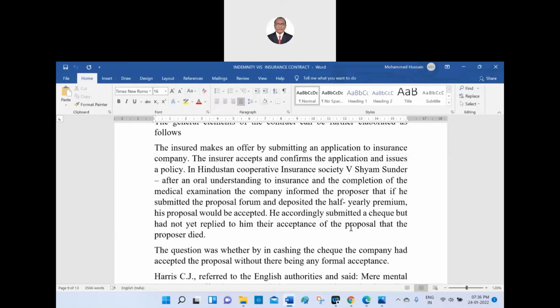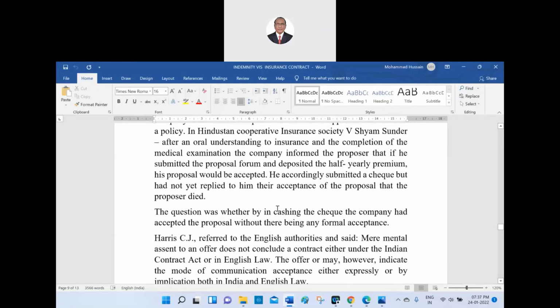In Hindustan Cooperative Insurance Society versus Shyam Sundar, after an oral understanding to the insurance and the completion of the medical examination, the company informed the proposer that if he submitted the proposal form and deposited the half-yearly premium, his proposal would be accepted. There is a condition put by the insurer to the insured. He, the insured, accordingly submitted a cheque but had not been informed of the acceptance of the proposal, and the proposer